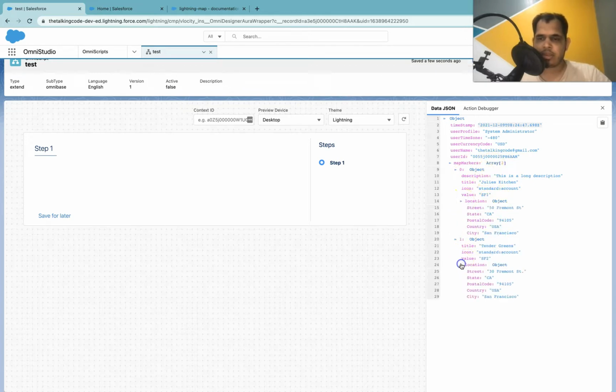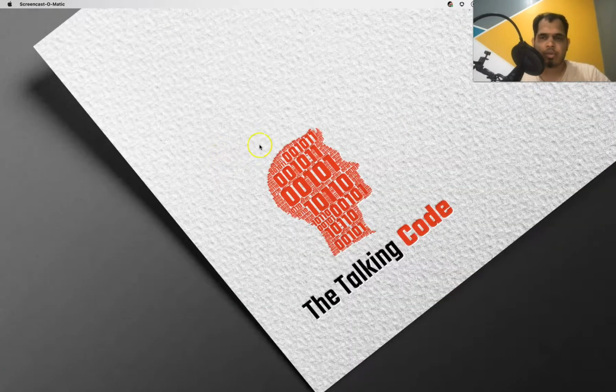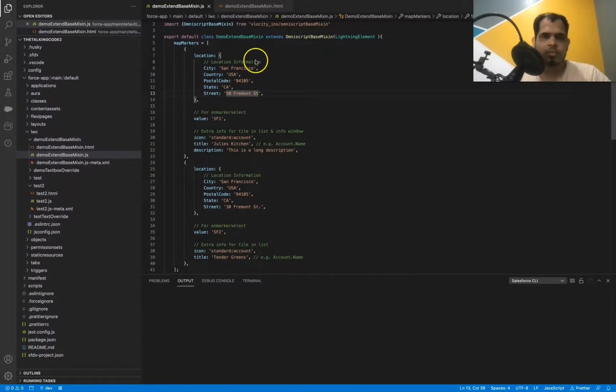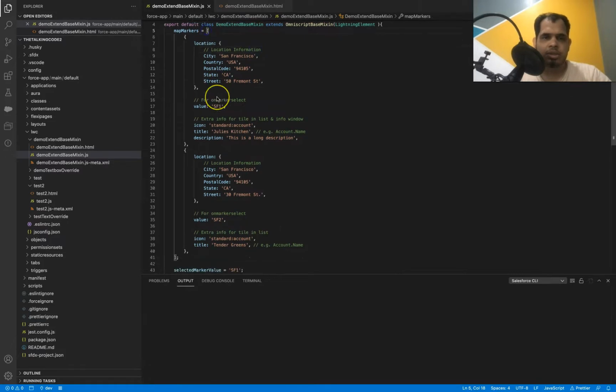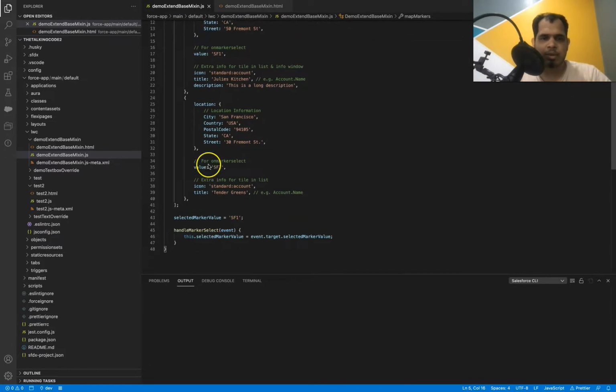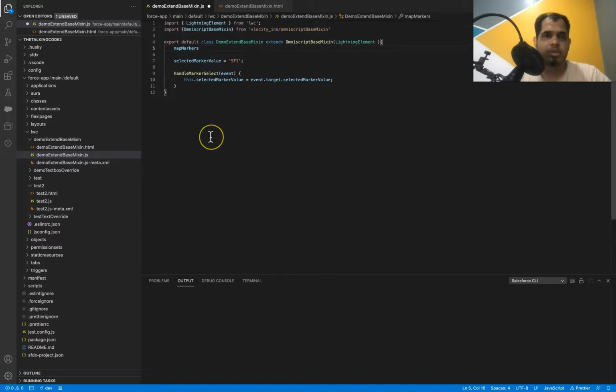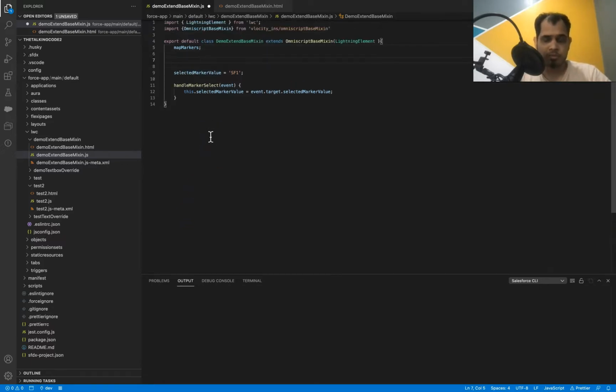So this is done. Now let's go back to our VS Code, and instead of hard coding these map markers, we will define this property and type the connected callback.